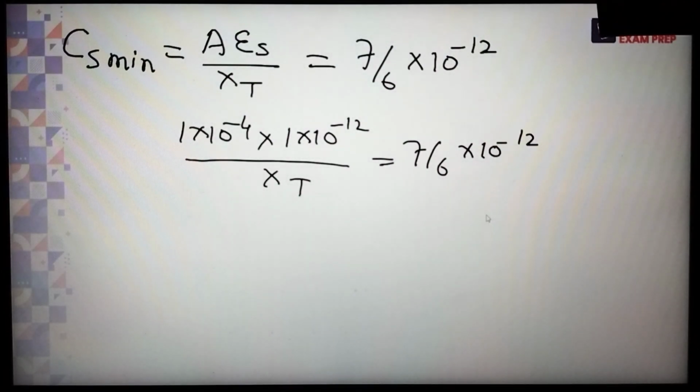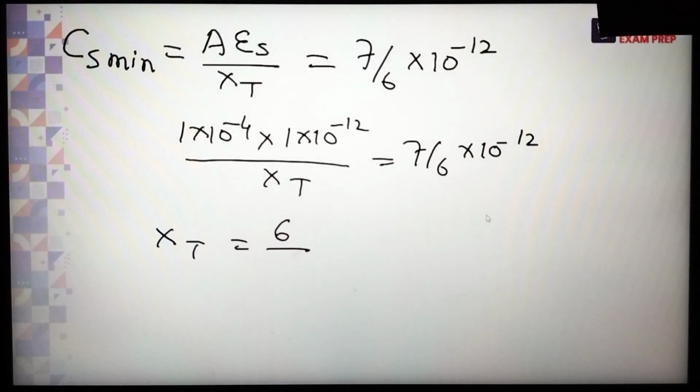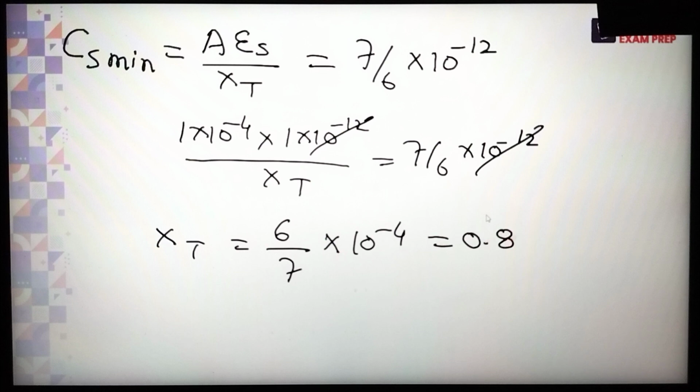Please solve that. HT is 6 by 7, right? It will become, this 12 cancels, 10 to the power minus 4. What is the 6 by 7? 0.857 centimeter. To convert it into micrometer,